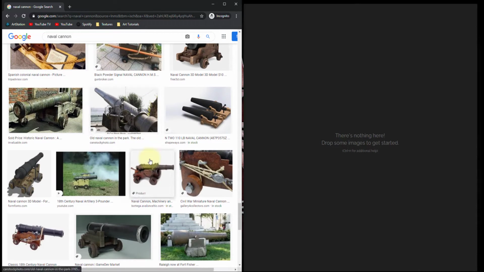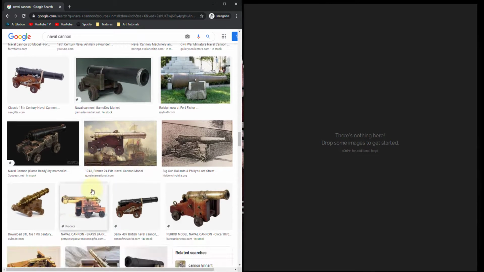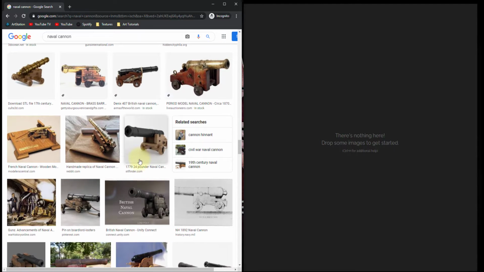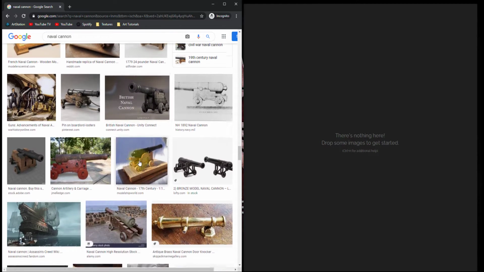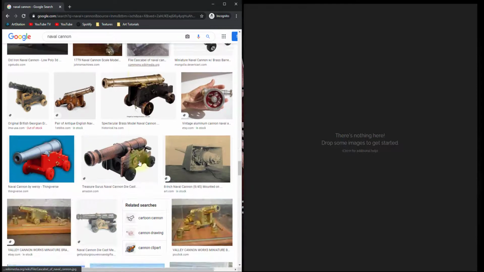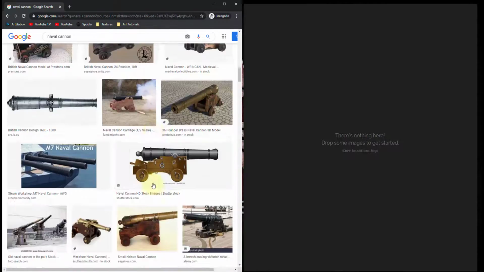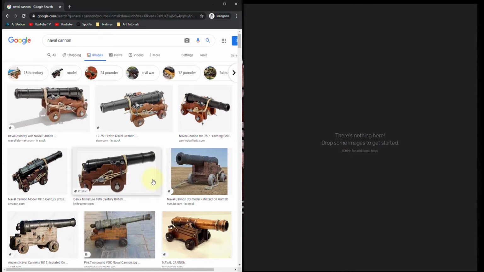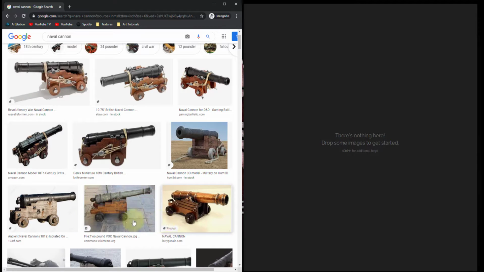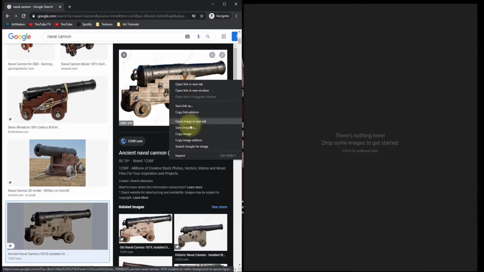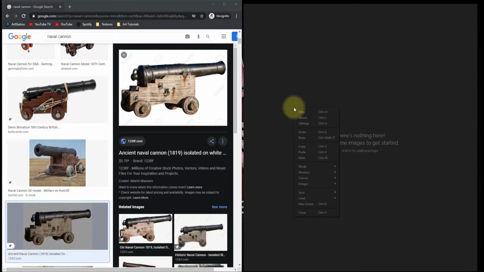There are several good options, but what I'm seeing is fairly consistent with this kind of wagon design. Of course, there are some that are slightly different, but due to the consistency in this wagon, I think that's what I'm going to go for here. So I'm going to go to the very top again and find a couple that I like. Maybe I start off with this one here. I'm just going to right click, hit copy image, and then paste it